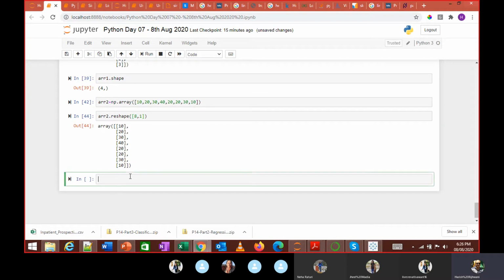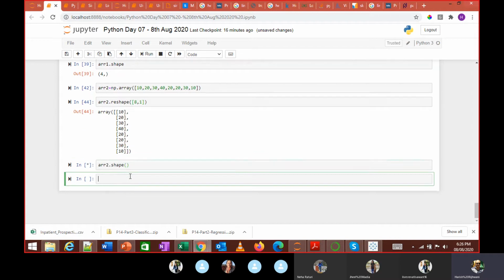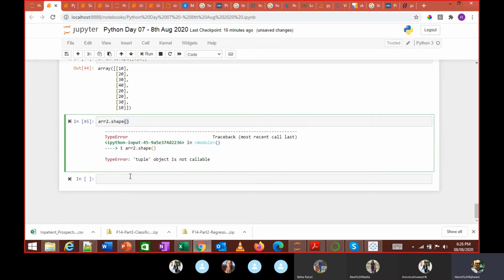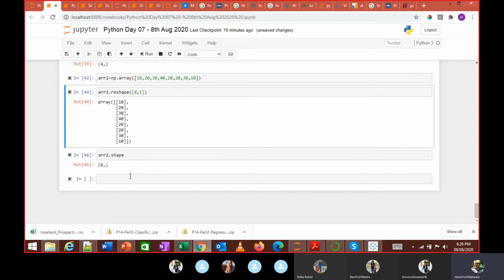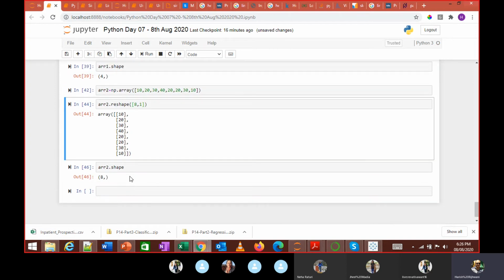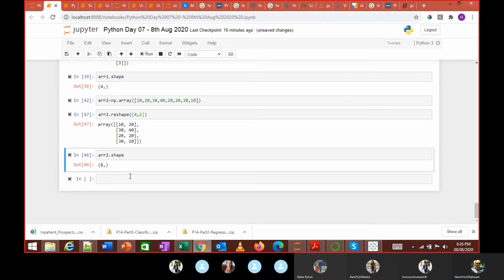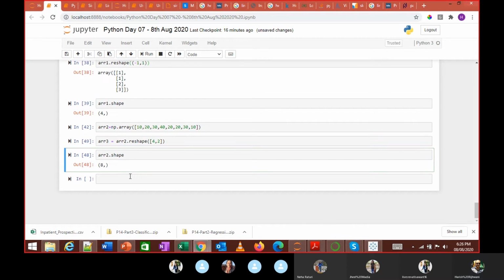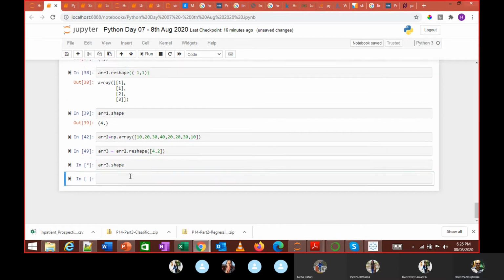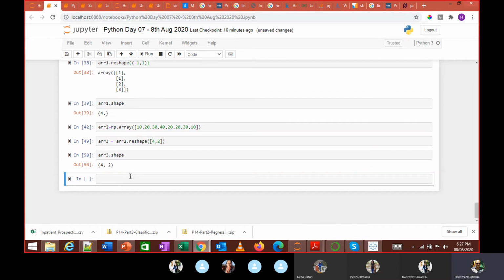When I do it this way, array2 dot shape, do I get that problem? This way. Okay, I have not stored it anyway. That is why it's giving me an error. Understood?